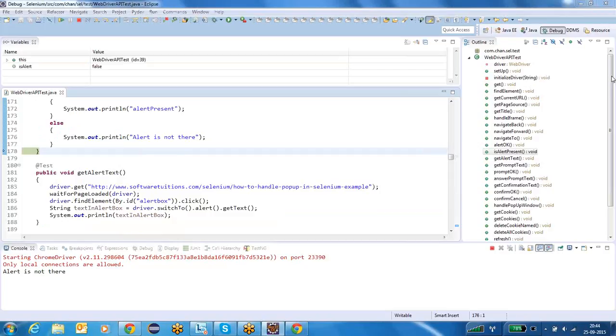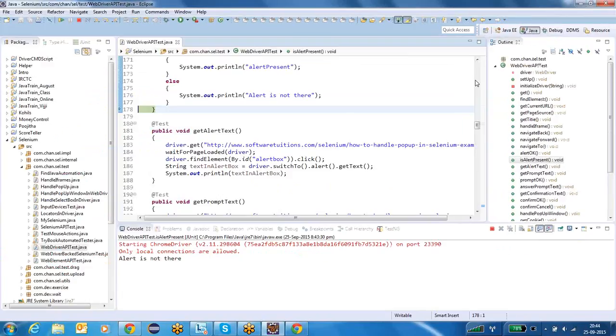So for is alert present, there is no method, but using a try catch block you can implement it on your own. How can you implement it? You will keep the driver.switchTo.alert statement in the try block. If the alert is there, it doesn't throw any exception. So you will continue with the assumption. Before you start, you assume that the alert is there, and you will go ahead with your assumption.